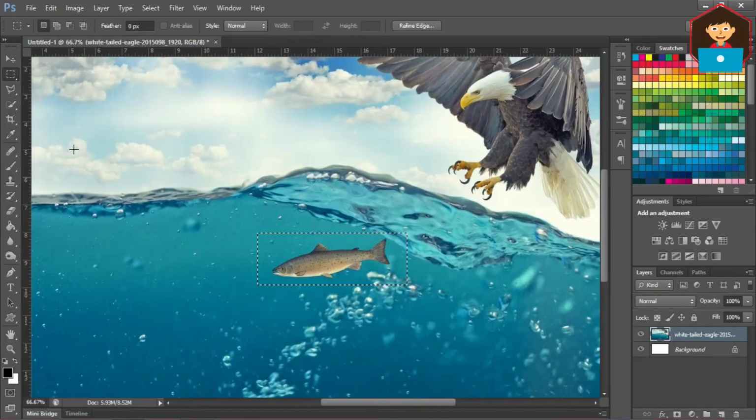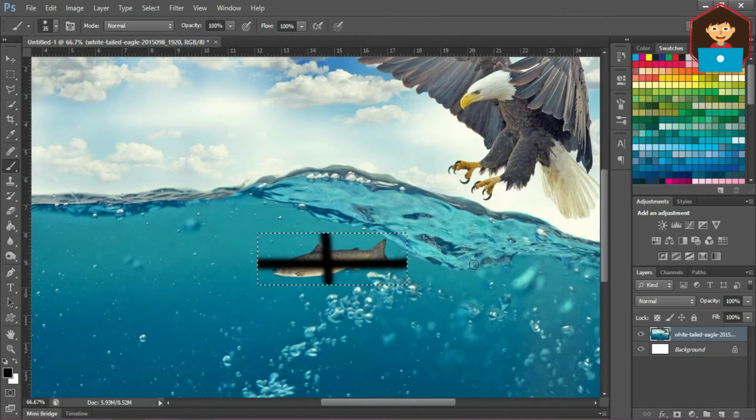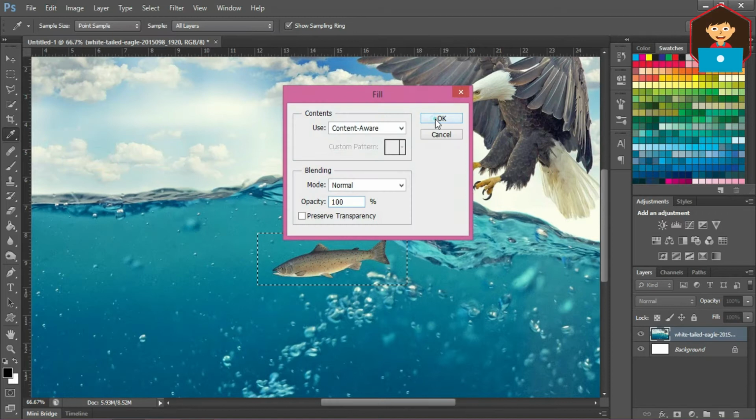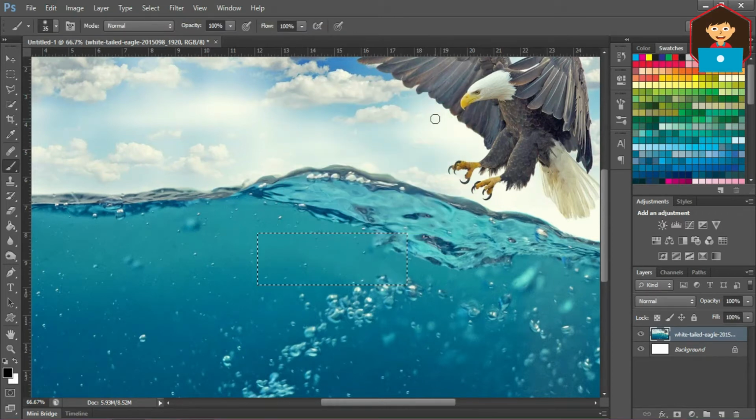What is content aware? In any image, you don't want any single spot. Just select the spot, I mean you want some space left and right or top and bottom. Go to file menu, fill content aware. You can completely remove the spot. That is content aware. So these are the basic 2 techniques I used in this video, but in various methods.